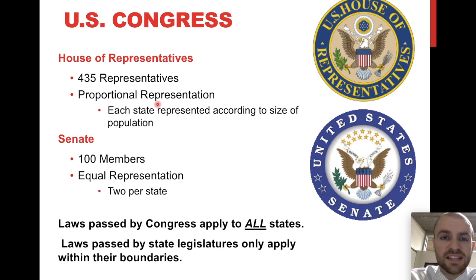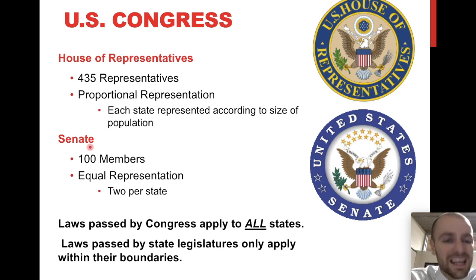California is a state that has the most people in it, is the most populous state in the nation. So therefore, California has many House representatives. But then you get a state like Wyoming. There's like 2 dudes and a cow that live in Wyoming. So they're going to get few House representatives. They only get 1 House representative.